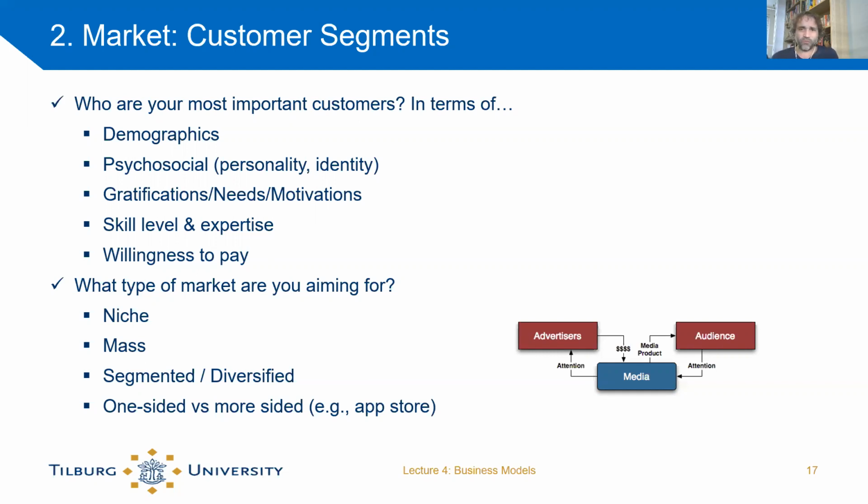Do you have a niche market with only a very specific smaller group of customers? Or are you a mass market in which potentially everyone could adopt a product? Are you segmented or diversified? Is it clearly, okay, this is my market, or do you have